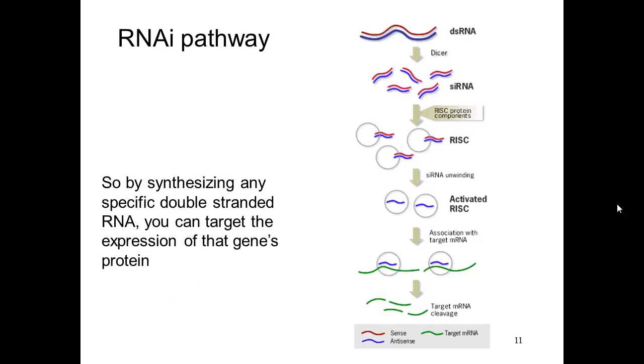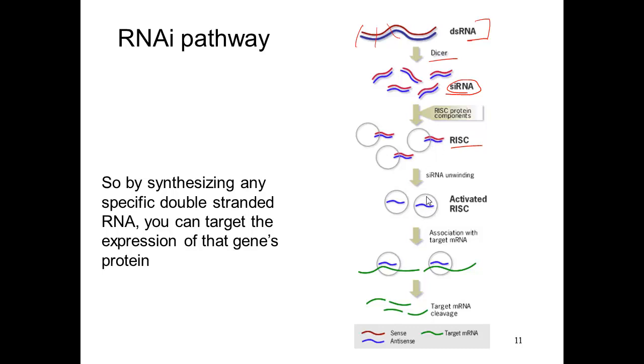So over the next 5 to 10 years, in Andy Fire and Craig Mello's laboratory at UMass, the pathway and the mechanism of what's going on with RNAi was fully elucidated. Initially, long double-stranded RNA molecules were being introduced into the cell. What they realized is there's a protein called Dicer, which will chop the double-stranded RNAs into small or short interfering RNAs, 20 to 22 base pairs long, and that there's a protein complex called the RISC complex, which would bind the RNA